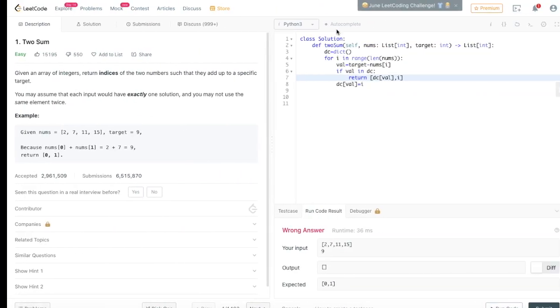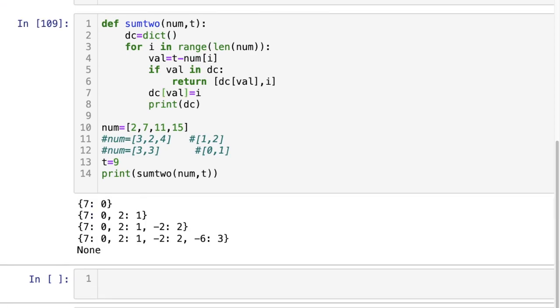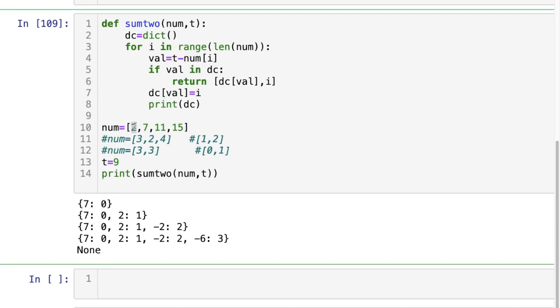What we did here, let me show you one more time. We were adding initially the value. You can see here initially what we got here is 9 minus 2, which was 7. So we were adding the indices of 7, but we were required to add the indices of this initial first value.